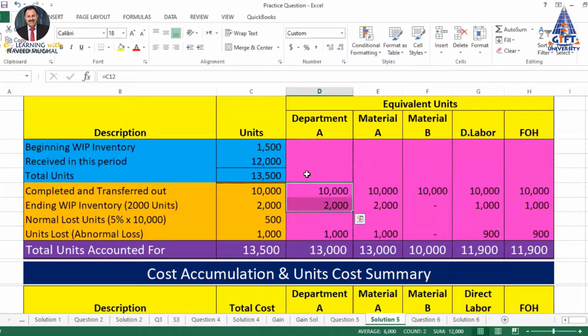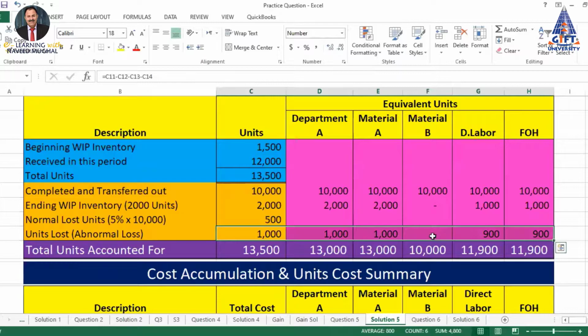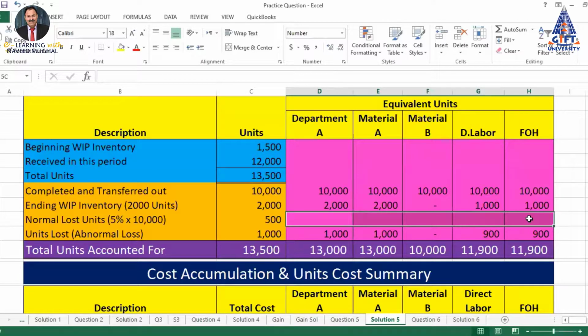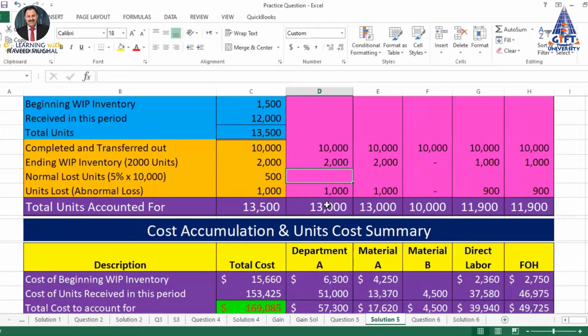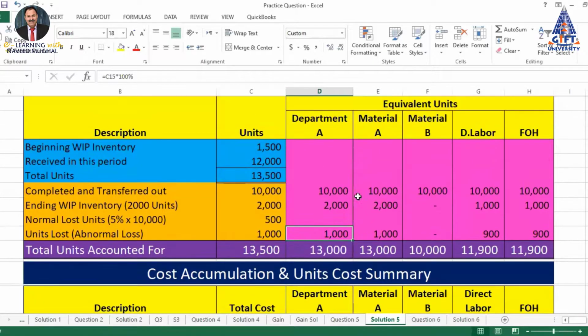To understand the logic behind the treatment of normal and abnormal losses, why we add abnormal loss in equivalent units and why we don't add normal loss in equivalent units, I will try to explain this to you. Here we have normal loss and equivalent units of 13,000, and here we have abnormal loss. When we don't add abnormal loss in equivalent units, it means we will have